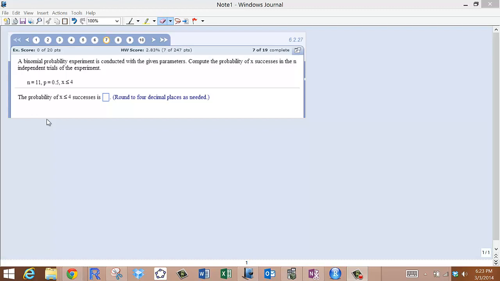Okay, what I want to do is show you guys a couple of different functions on the calculator that will help you with the binomial probability distribution. Now there's two functions on your calculator. The first one is what we call the binomial